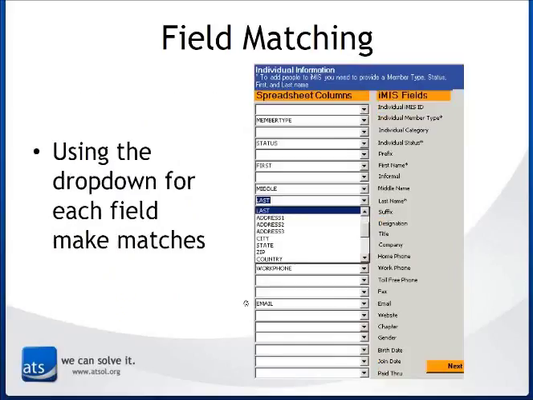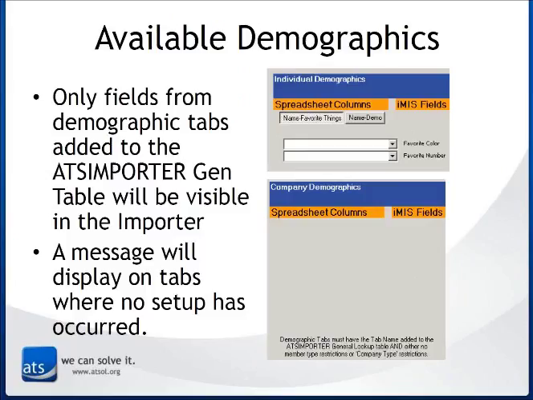And here's what it looks like. There are drop downs. All of the fields in the spreadsheet will drop down into here, and obviously you just match last name with last. It'll drop down. You grab first name with first, and so on and so on. Now, this is important. Any fields that you didn't add